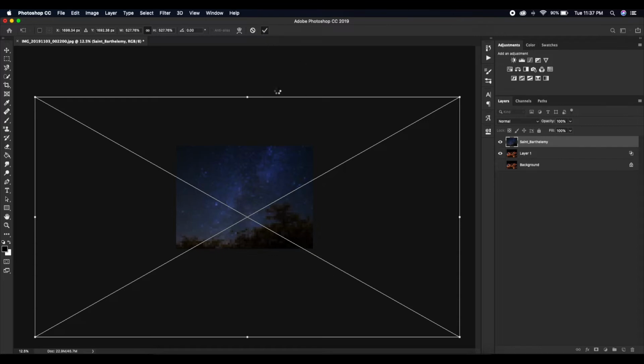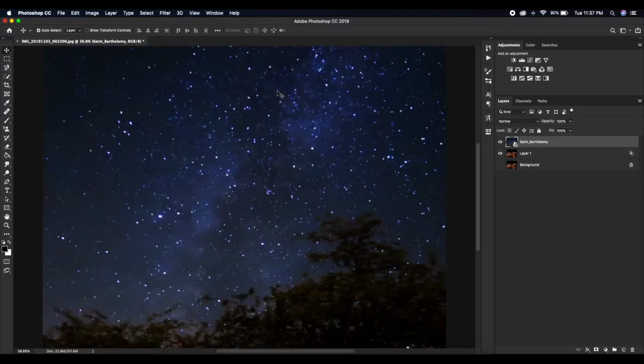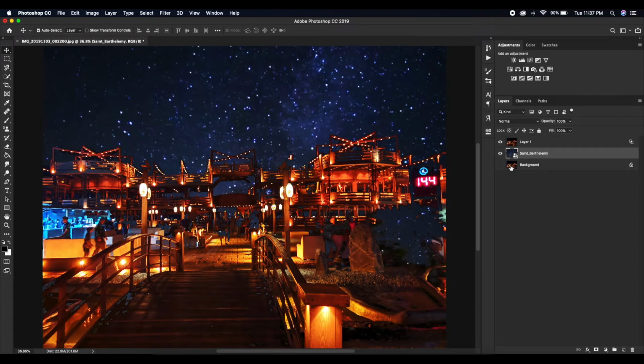Now we'll bring this sky layer below Layer 1. So you can see the sky is there, but there is just too much going on in our first image. So now we will copy the background image again and bring it on top of the sky layer,